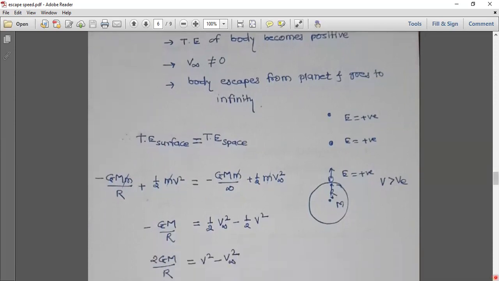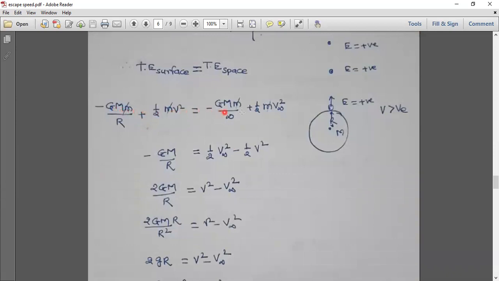Okay. Now, first I am cancelling m throughout. I have cancelled. So this −GM/R is equal to this, half v squared I have transferred here, and that's why it is minus, and this half v_infinity squared as it is here. Now what I got, this 2 I have transferred here and multiplied with minus. So 2GM/R, and this v_infinity squared is minus, and this is plus v², because I have multiplied with the minus sign. Understand? Try to understand this one. Shall I do one more step for you? You can see here,